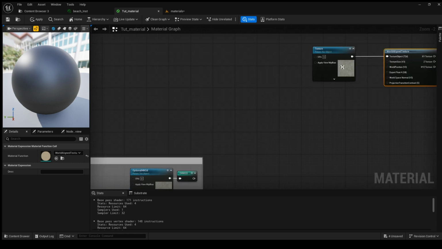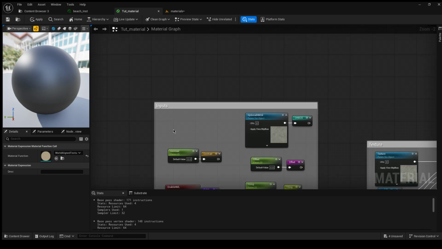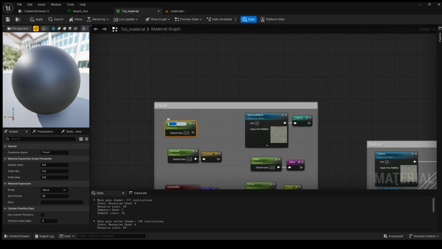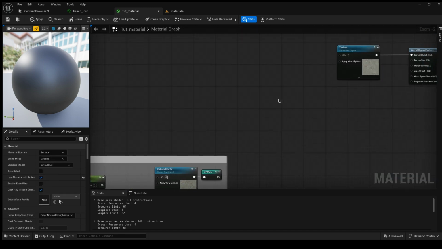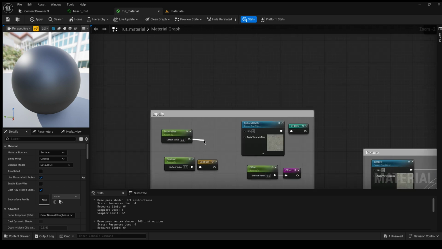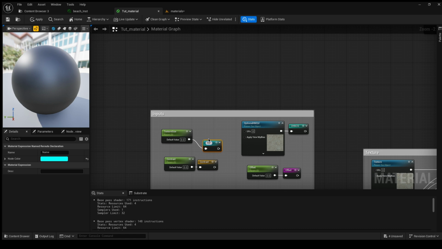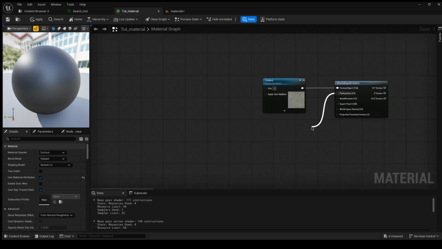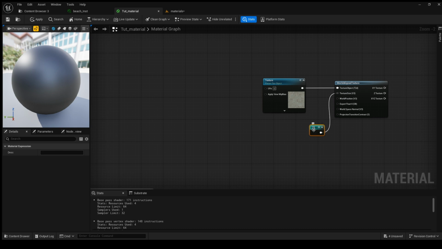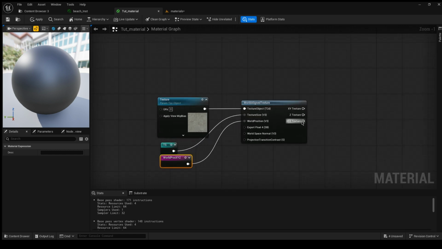And for texture size, I'm going to create a scalar parameter called texture size, okay, and get TS over here. And over here, I'm going to get my world position XYZ, okay, and this is going to be my try texture,